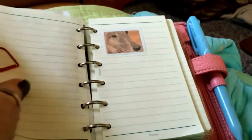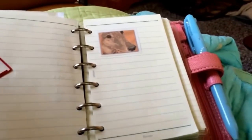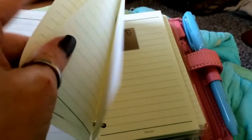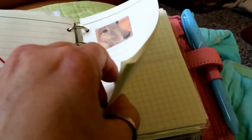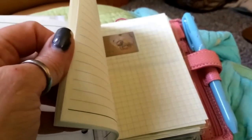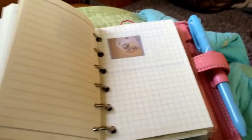And I've been moving the record of my pictures around, but I actually think something that I carry around with me will be easier if somebody asks me about them, or if I need to find information or a tracking number or something. Right now I just have the pictures in here. I have to put in the information, although I have a feeling